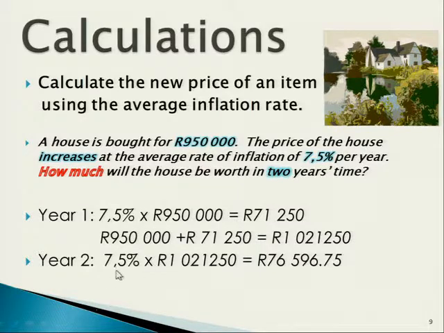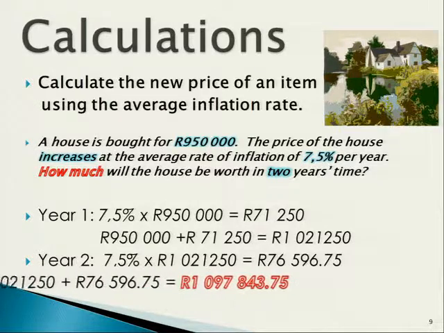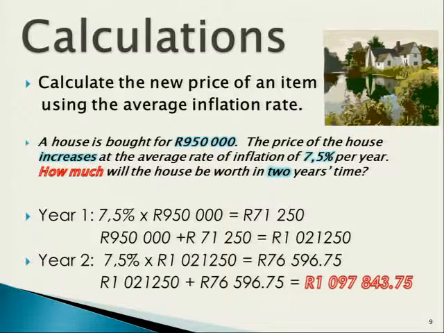So I have to calculate the inflation rate on the new value of the house, the one that has already had the inflation compounded. And that gives you then an amount of 76,596.75. But once again, what do I have to do? I have to add the increase to the original amount, which then gives you almost